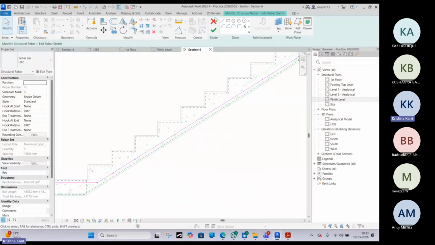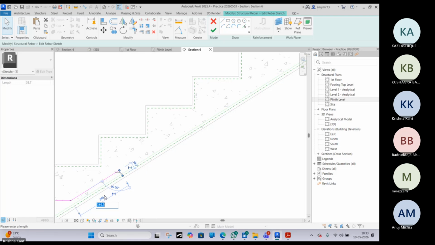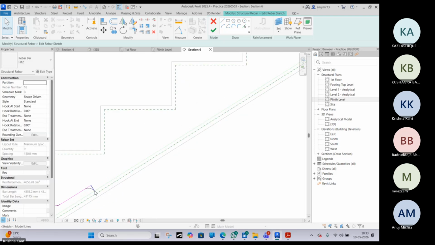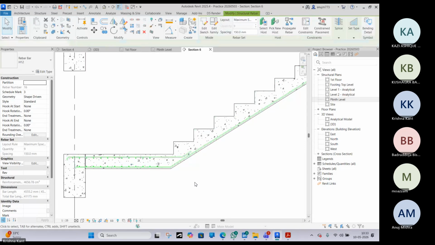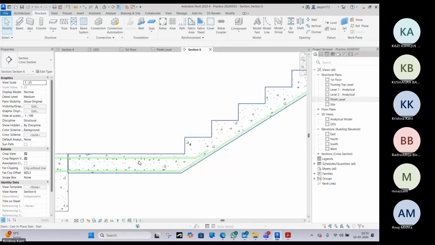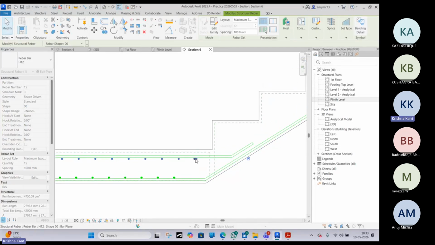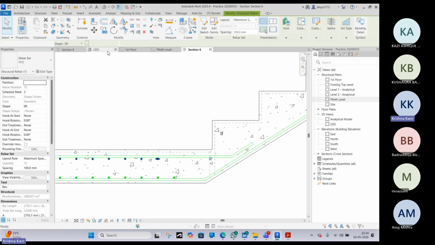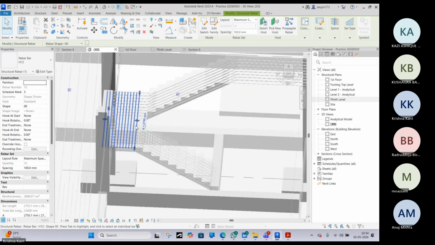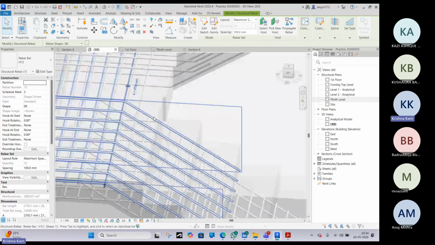This is 150 only. And then we can extend these rebars. Okay, don't extend. What we can do, because why I'm not extending this? Because you will notice if we extend, it will come over this area, which we don't want. What we can do,